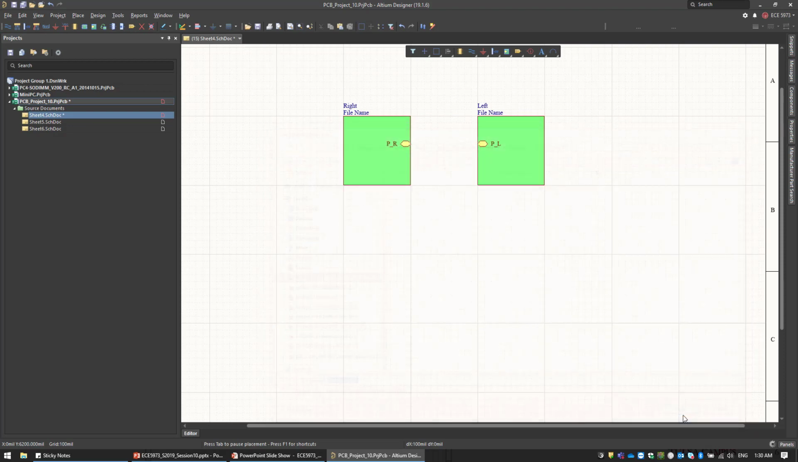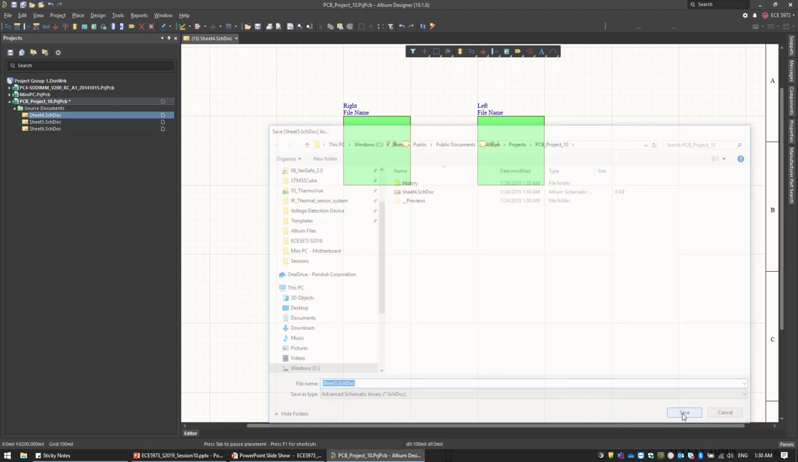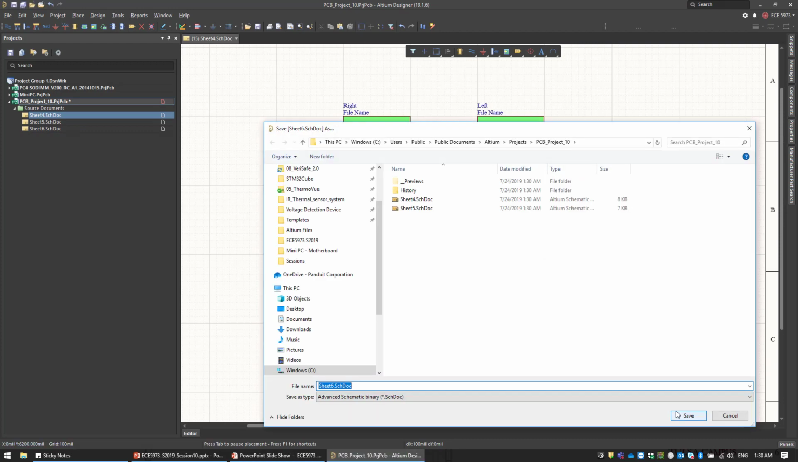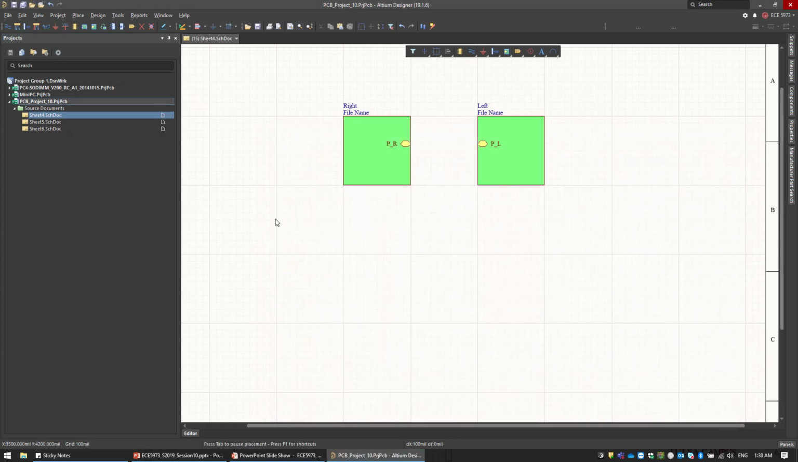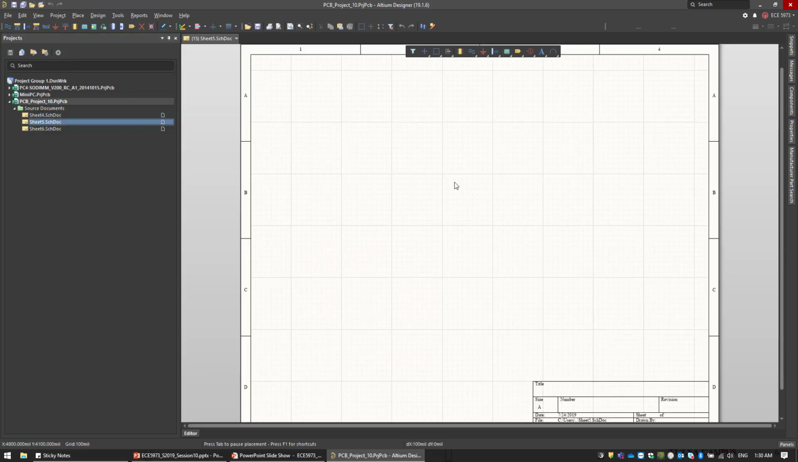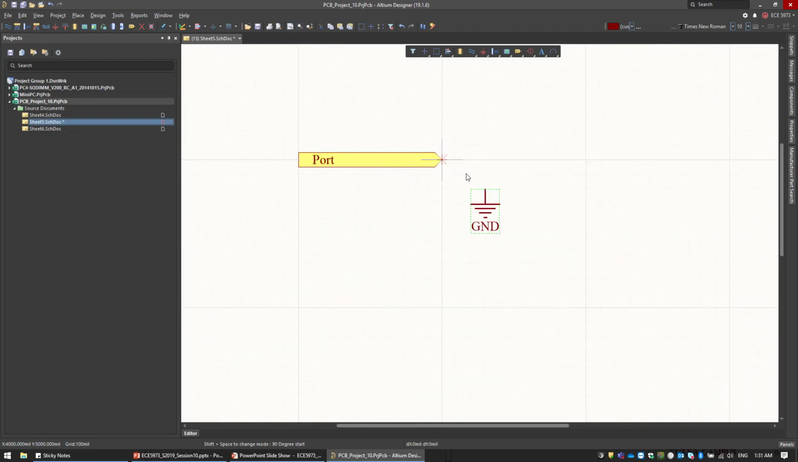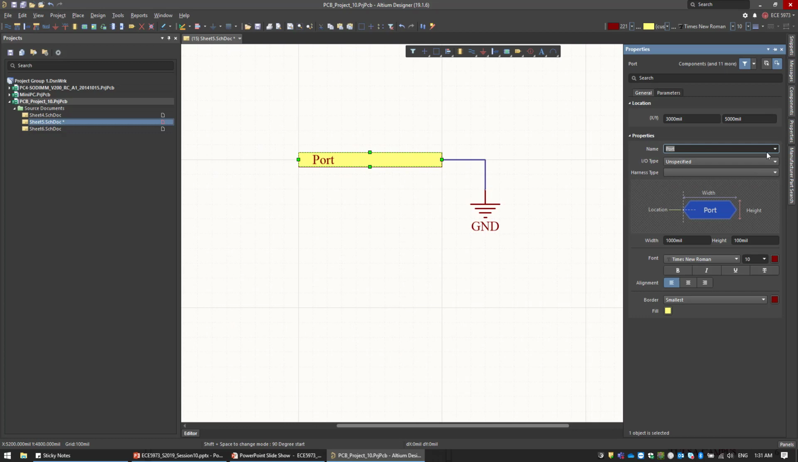Save. Let's save it in here. Sheet 5 and sheet 6. So sheet 4 is the parent because we have everything on sheet 4, and then we have sheet 5, we need to have a port in here, and I think we called, let's put just a power pin, connect this one to the ground, doesn't matter, and we call this one, I think,